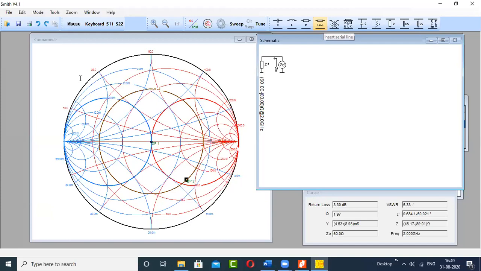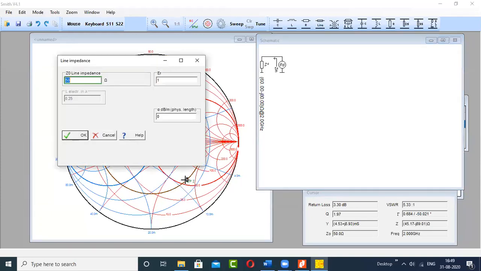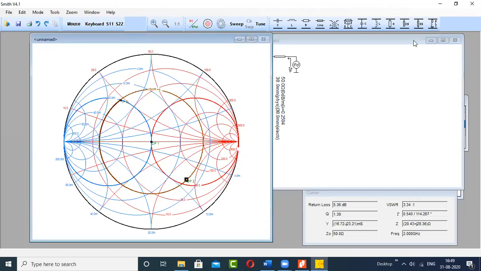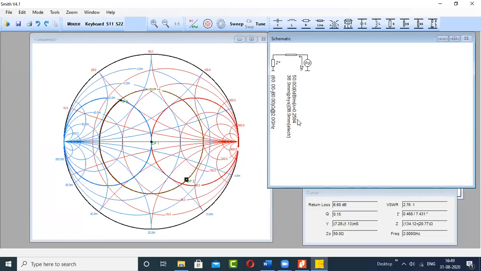So once again, add a transmission line, 50 ohm. And now from this load end, you keep moving, and you stop on this conductance circle where this SWR circle intersects it. It is here. Okay. Now you can see that the length is 0.259, almost 0.26. How much did we get earlier? 0.11 lambda. Now it is more than double. And after that, once you have reached here, now from here you have to move to the center of the Smith chart.